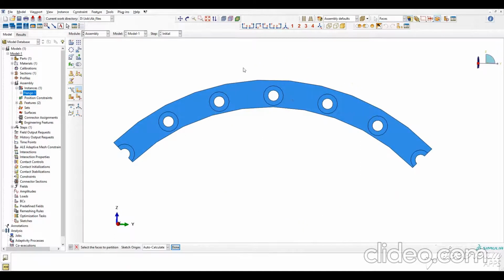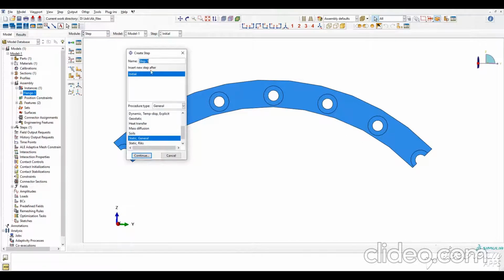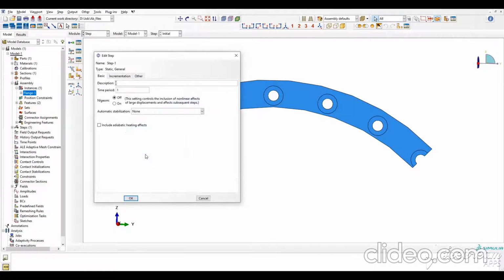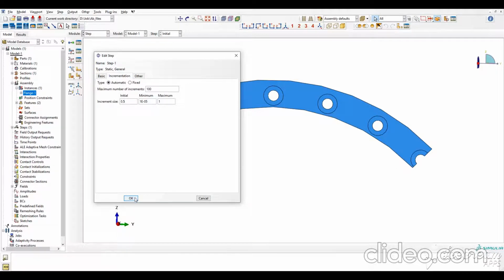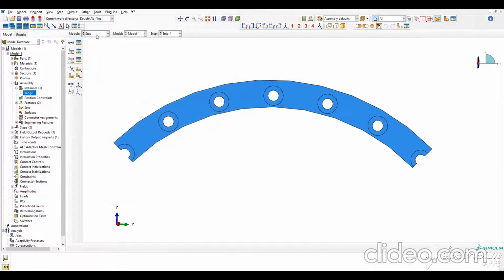So next step is just to create a load step. Okay, a static one. Okay, maybe we can decrease the increment size, the initial increment size. Okay,